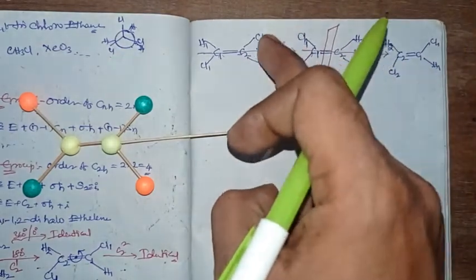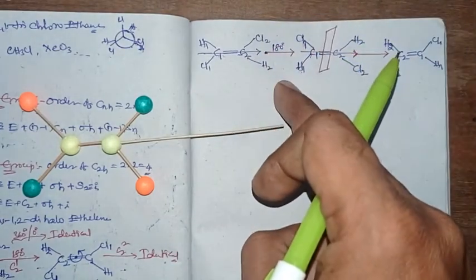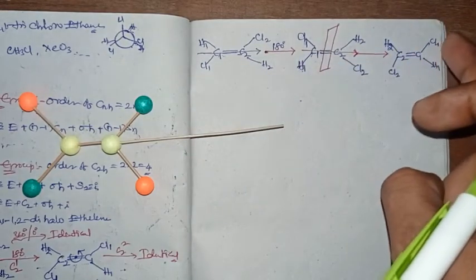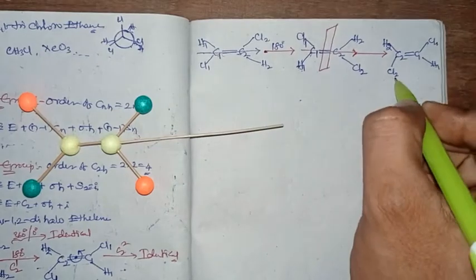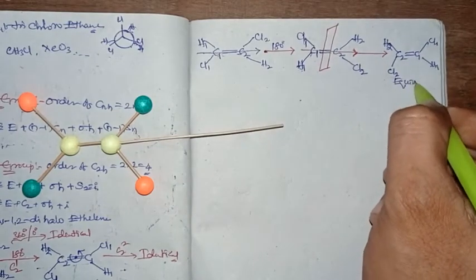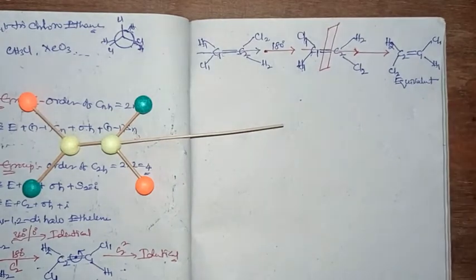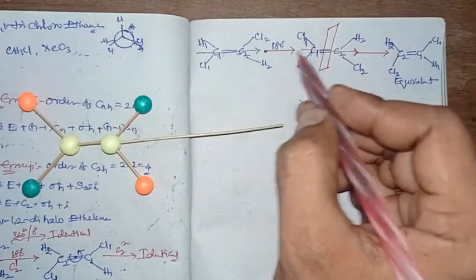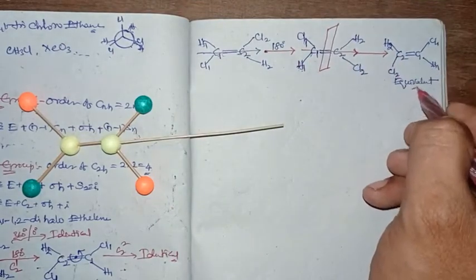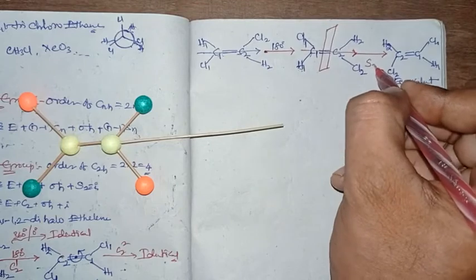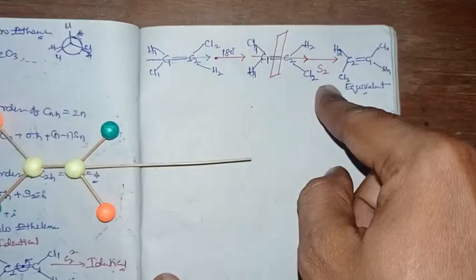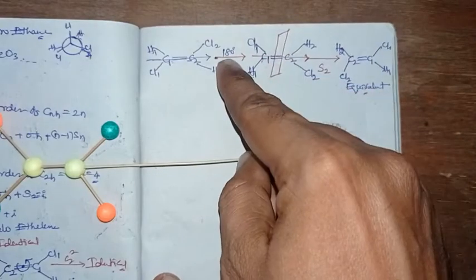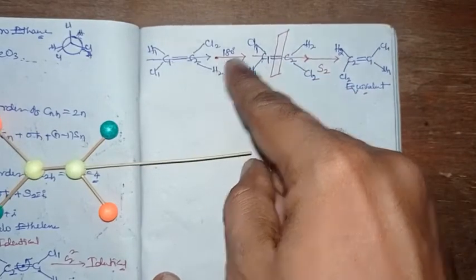For the right side carbon, chlorine is above, below is hydrogen. Here also chlorine is above, hydrogen is below. So we have the similarity, this will be an equivalent configuration, right? So now the rotation and reflection getting an equivalent configuration will be called an improper axis of symmetry. Here it is a second fold improper axis of symmetry, since the rotation is 180 degrees of angle, right?